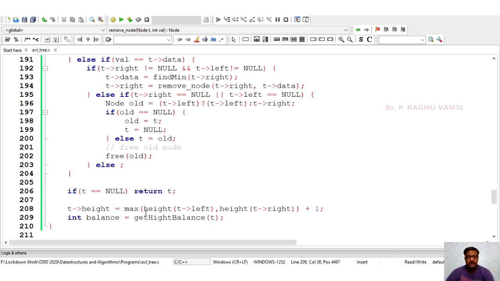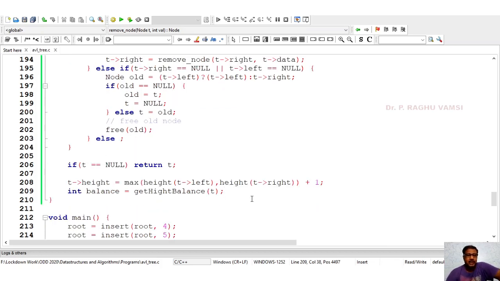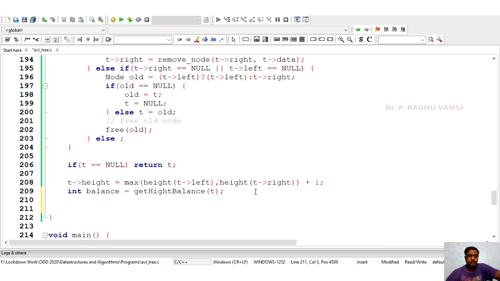Now we will get the height balance. Now we are supposed to look case by case, and if the height is too low or too high, then we need to perform the related rotation operations.